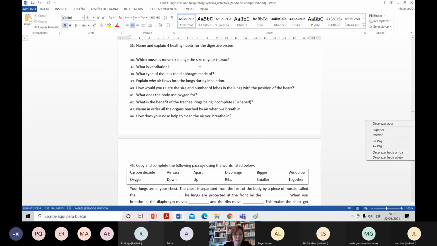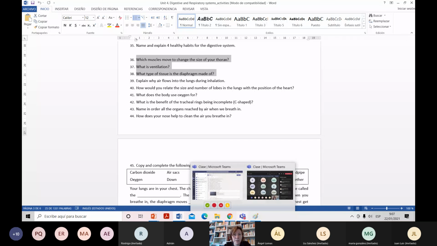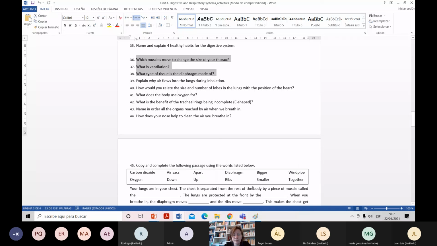Then just the homework, and you will have one or two spare minutes. What is going to be your homework? Well, very easy, just activities 36, 37 and 38, que esta es una palabra sola. 36, 37 and 38, creo que son esos números. ¿Son esos números en vuestra fotocopia también? Que ya me hago un lío.